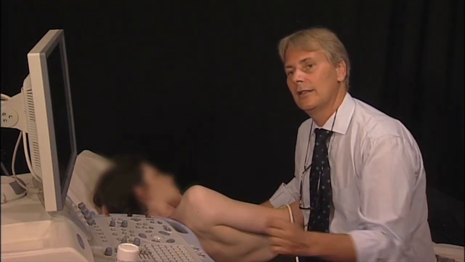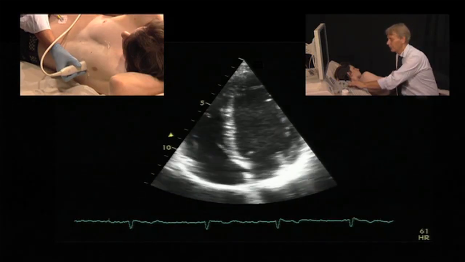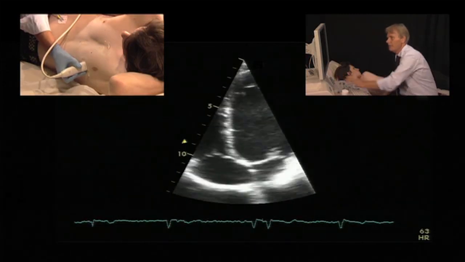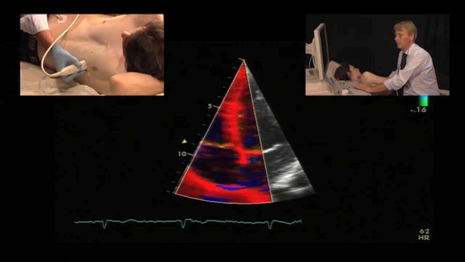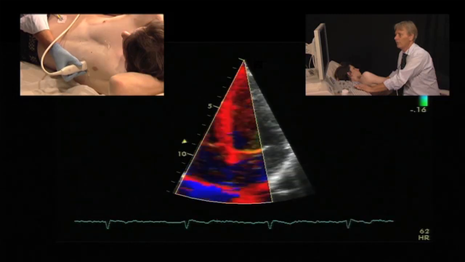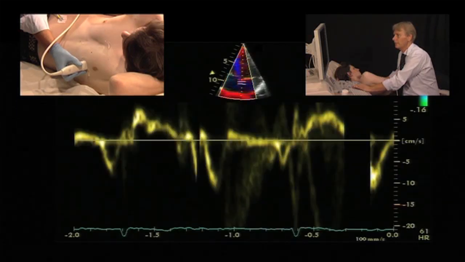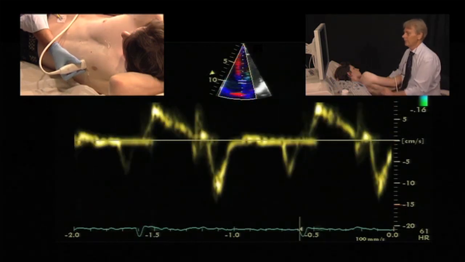In principle, you have two possibilities to assess the velocity of the mitral annular plane, either at the medial vicinity or at the lateral vicinity. So I'll first show you how to do it at the medial portion of the mitral valve ring. The first thing is you try to get the spectrum as small as possible to increase your frame rate. Then you put the tissue Doppler spectrum over the medial annulus, and then you put the pulsed wave Doppler signal right at the area where the ring is, and you will receive a spectrum which looks